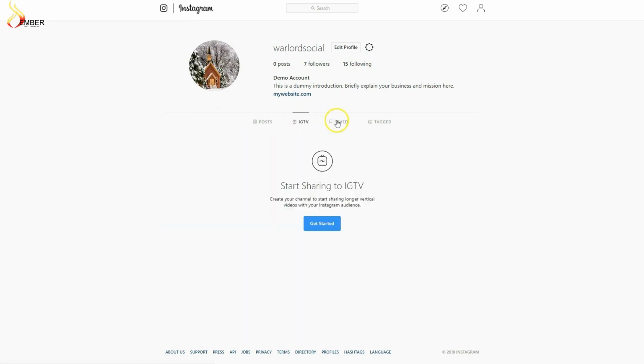You've got Instagram TV, where you can actually start sharing vertical videos with your Instagram followers. You've got the saved area here in case you've bookmarked photos and videos that you want to see sometime later. And you've got tagging. Now, you've probably seen this in Facebook, right? Where if you're tagged in a photo, you'll get notified and you can actually see what photos you've been tagged in, facial recognition, that kind of stuff. That's what's handled right here.